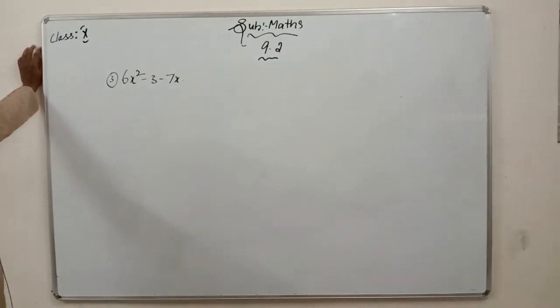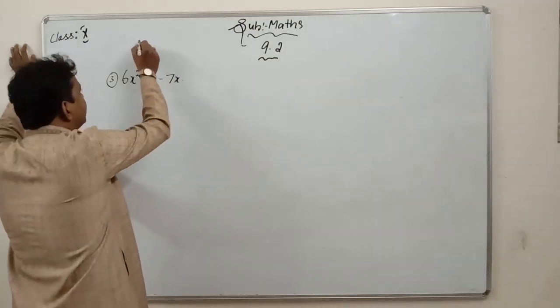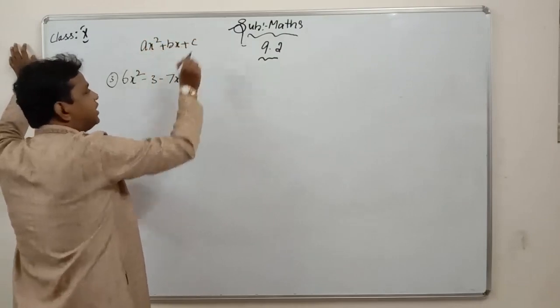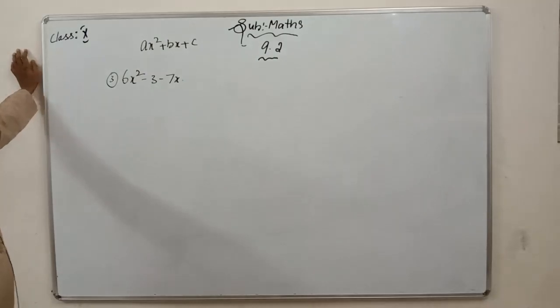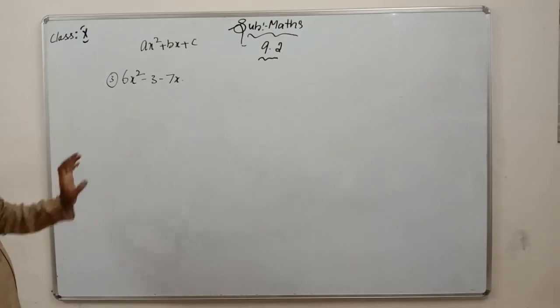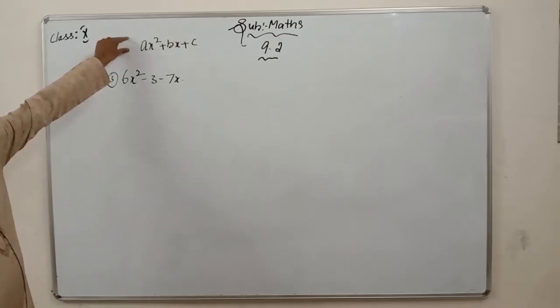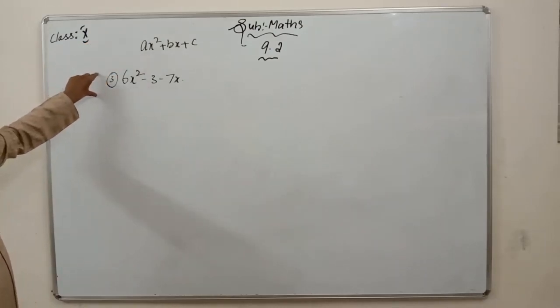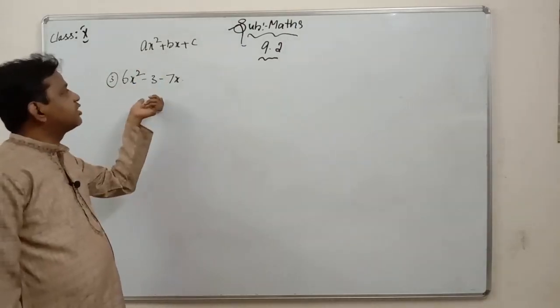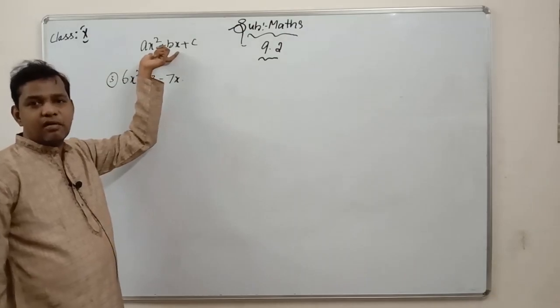See, when the question is like that, first convert into general form. It is a quadratic polynomial, I said. What is the general form of quadratic polynomial? General form of quadratic polynomial is ax square plus bx plus c. It should be in this form. So the given equation is not in this form here, it is totally different. If you compare the original one, the general one, and if you compare this equation, they both are totally changed. So first convert this equation into the general form of the quadratic polynomial.